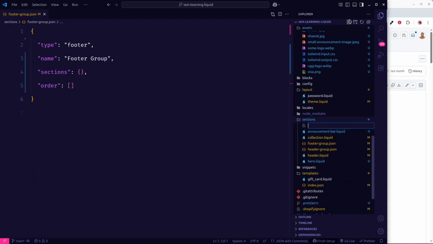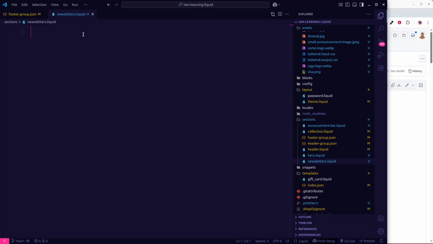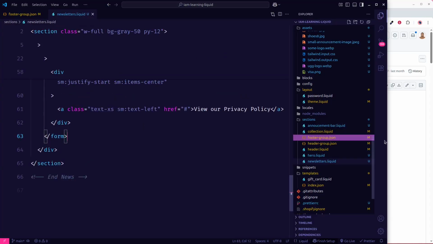I'm going to create a file. I'm going to call it newsletter, or newsletters, doesn't matter, .liquid, and I'm going to paste this newsletter code right there. All right, and then I will go